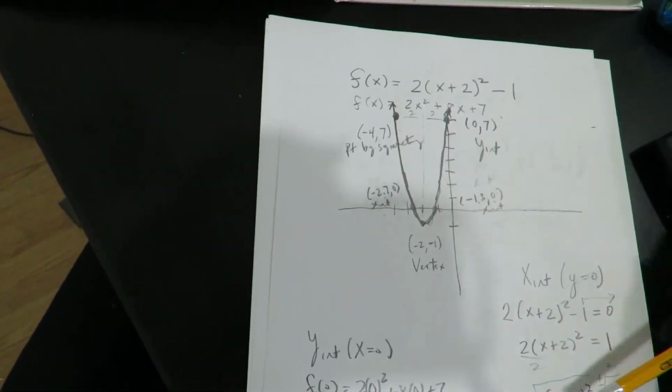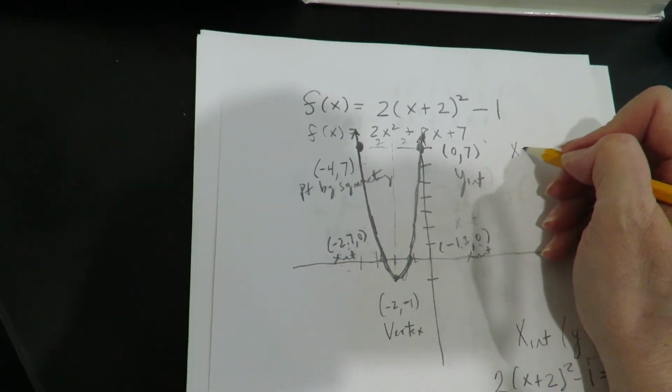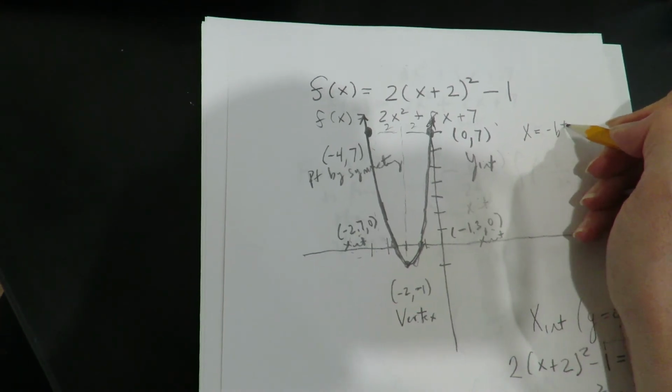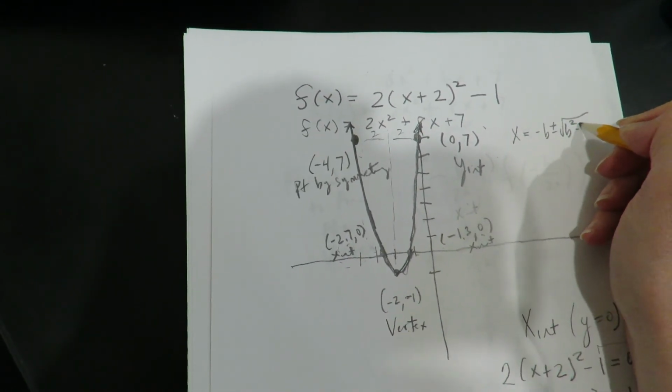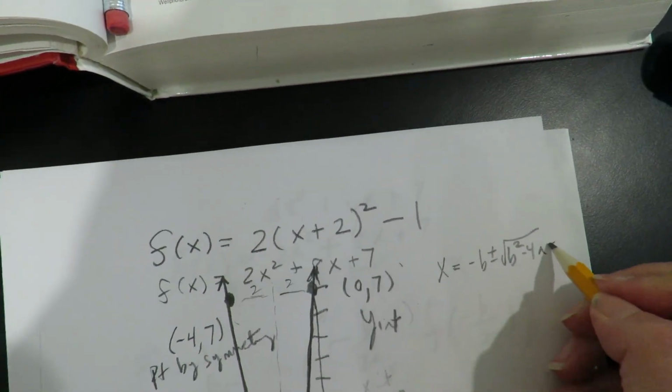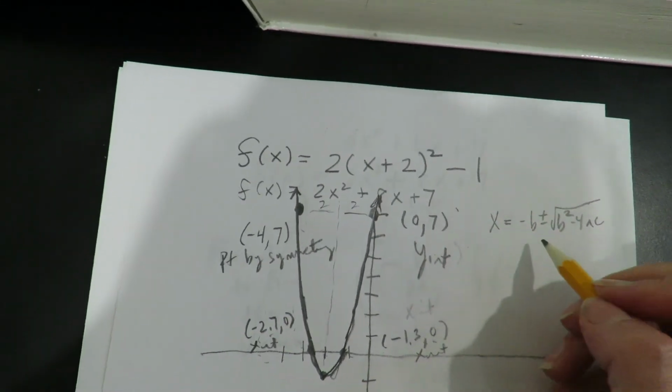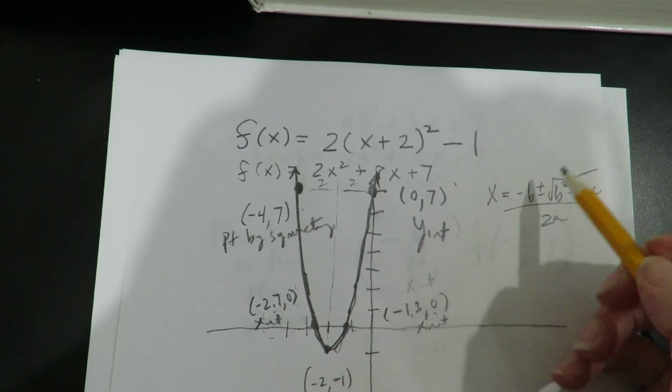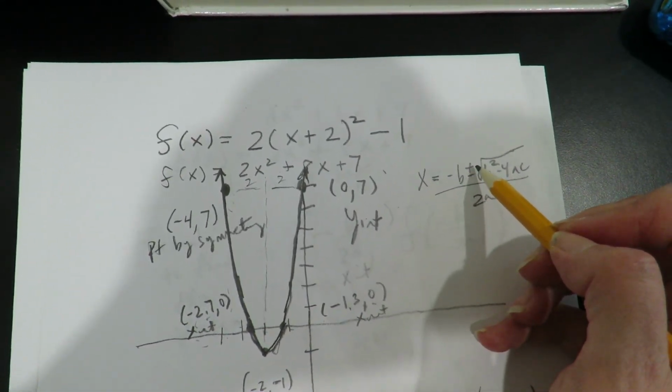If you're going to solve this by the quadratic formula for the x-intercepts, you can totally do that. You're going to get the same answer if you didn't like the way I solved it. So if you're going to use the quadratic formula, it's -b plus or minus